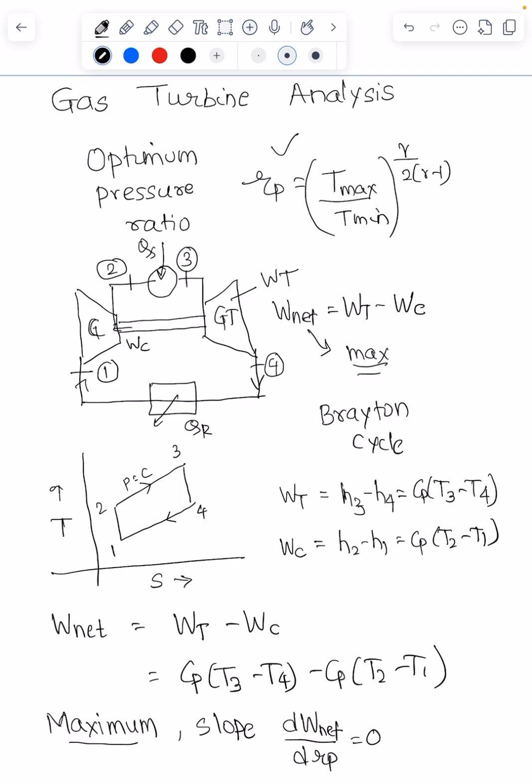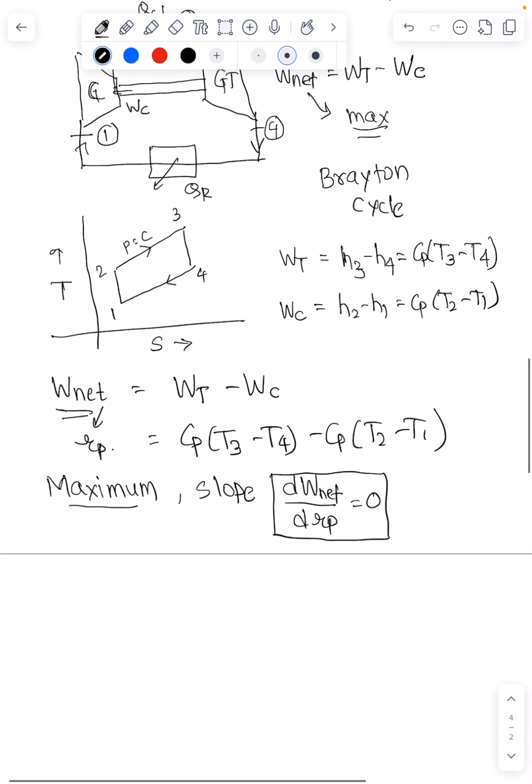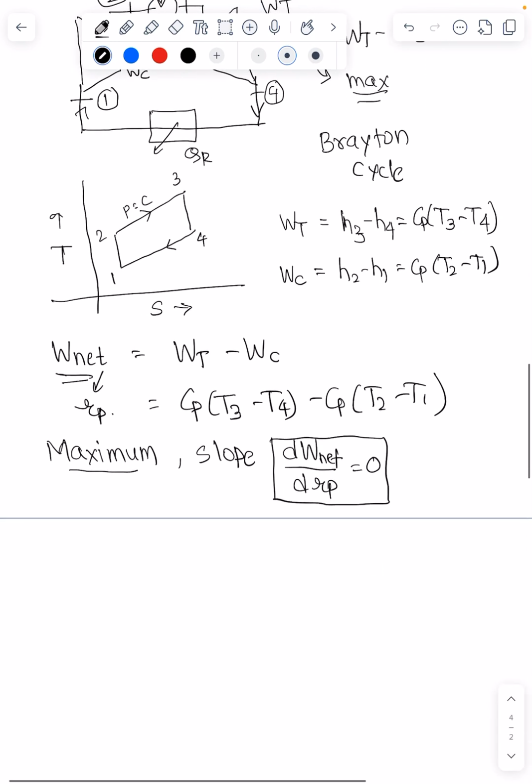But for that, I need to write this expression of net work in terms of pressure ratio Rp. So if I rewrite this expression of net work in terms of pressure ratio, I do this